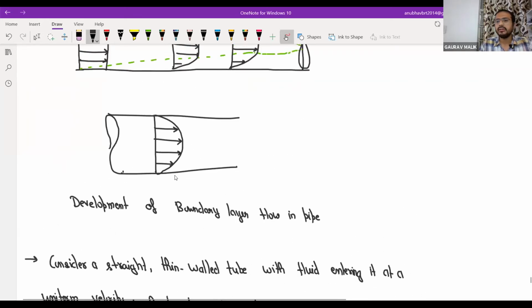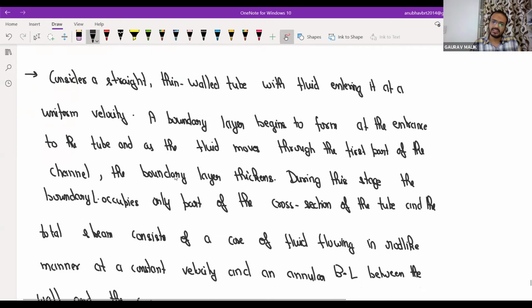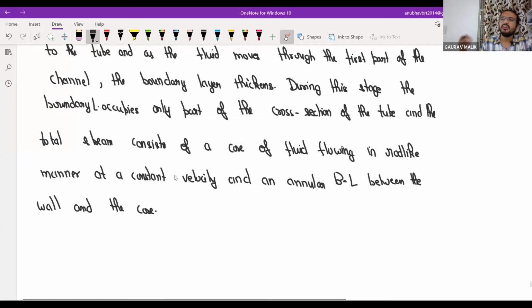And after this point, the velocity profile will not change. This flow is known as fully developed flow. When velocity is constant, it means acceleration will be zero. When you solve equations in fluid dynamics, you should know that fully developed means constant velocity, acceleration will be zero. All these concepts are useful in flow between parallel plates and so on.